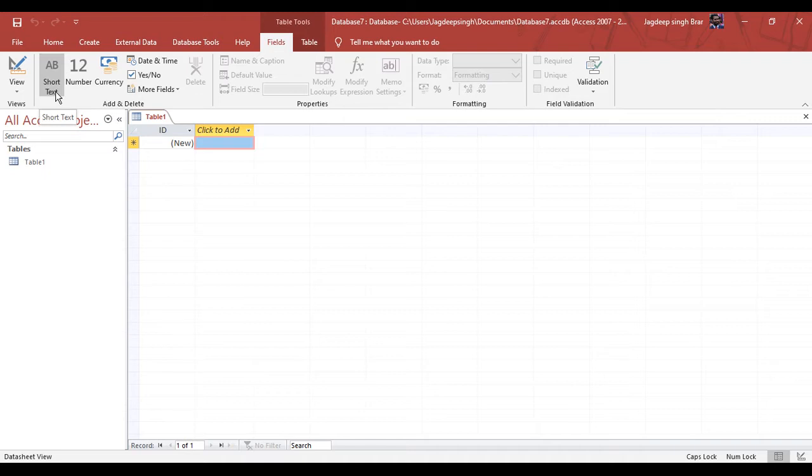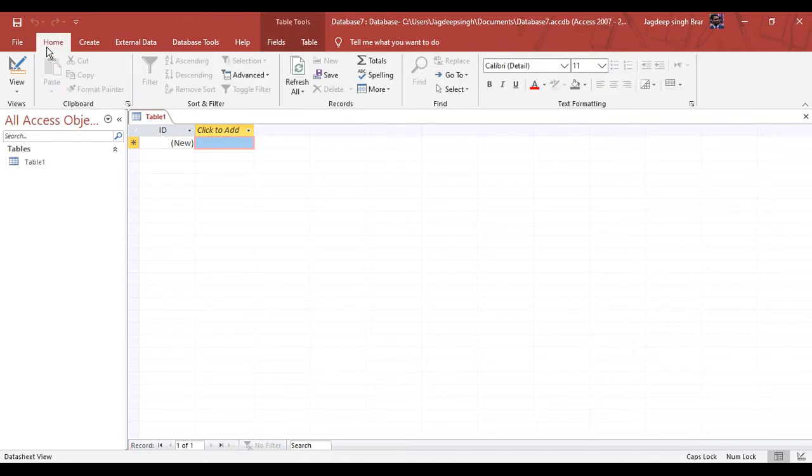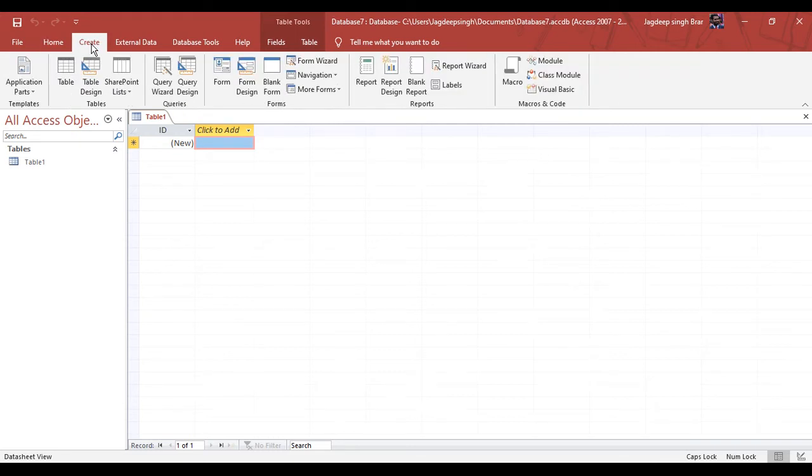It is present below the tabs and contains the commands that you need to complete a task. The commands are organized in groups which are collected together under the tab. So under the Home tab we have these commands. When we select the Create tab, the commands are subdivided into different groups like table, queries, form, report, macro and code.